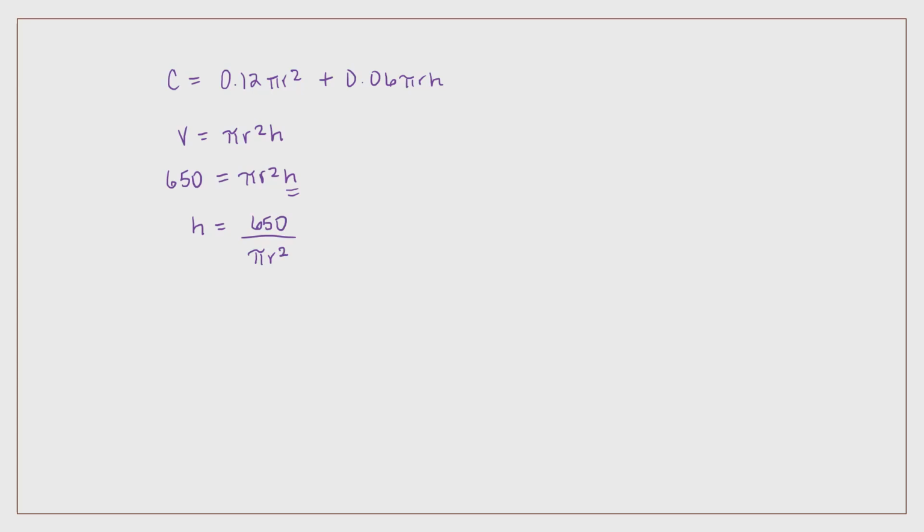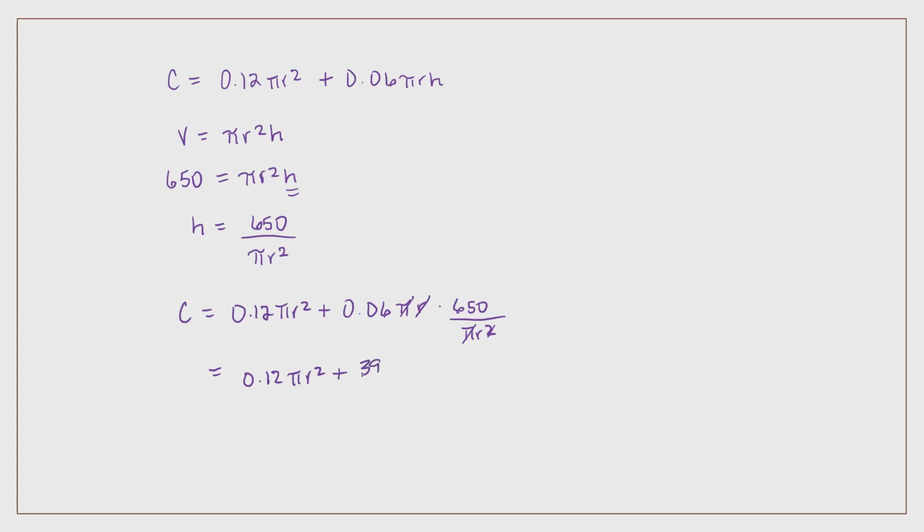Okay, so now substituting that in for h into our cost formula, we have 0.12 pi r squared plus 0.06 pi r times 650 divided by pi r squared. Okay, we can simplify this some more. I get 0.12 pi r squared. The pi's cancel, r's cancel, and then 0.06 times 650